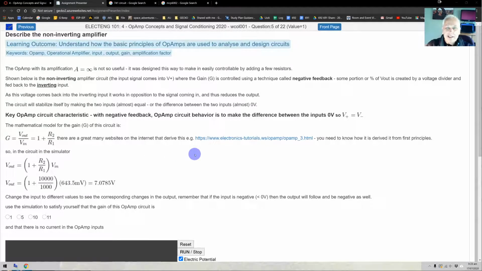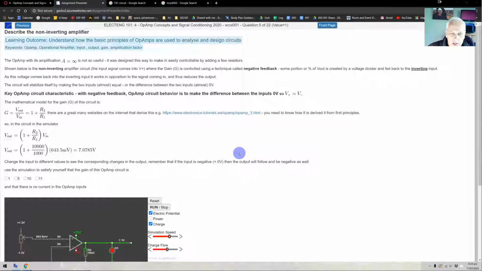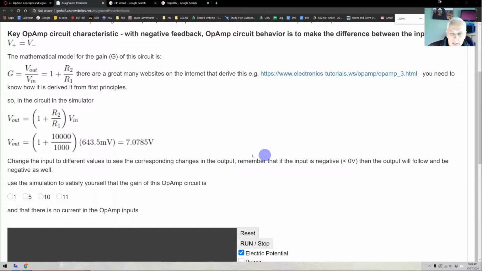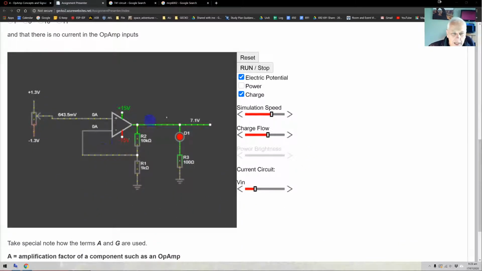Kia ora. So in this question here, what we're looking at is the non-inverting amplifier circuit for an op-amp. And you can have a look now. Let's just see what's in the simulator. So what we've got here, let me just turn off some of this stuff to make it look nice and